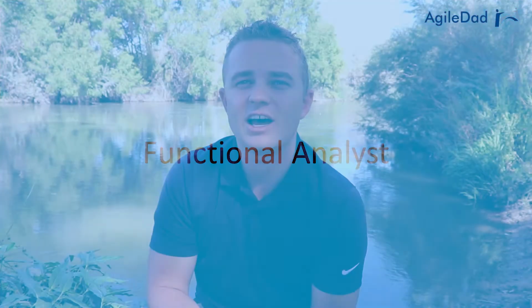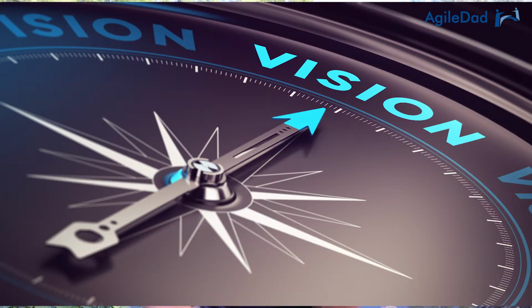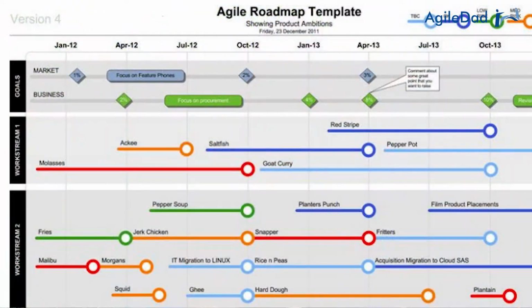All right, next we're going to talk about the functional analyst. The functional analyst understands the product, how it works, and the direction that the business is taking. The functional analyst understands the competition and the marketplace and how our product fits in that marketplace, and understands the executive vision of not only the product that they're working on, but all of the products in the portfolio